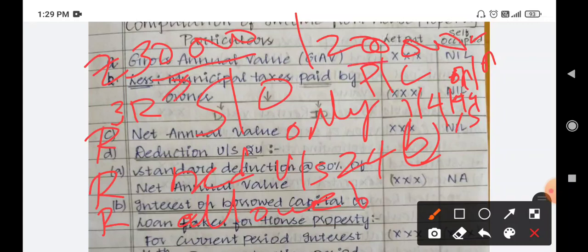This 2 lakh rupees or 30,000 rupees includes 1/5 of pre-construction period interest, if any. If pre-construction period interest is allowed, then that also will be included in this 30,000 and 2 lakh rupees. And it is not per house property; it is allowed for each individual assessee, per assessee. In case of co-ownership it will be useful. Hope you have understood this point.